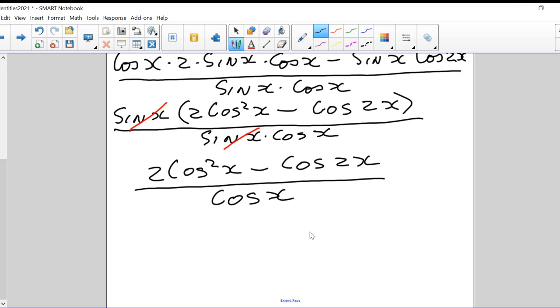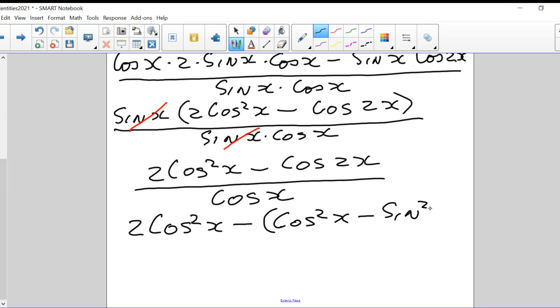Put it in the chat, or you can just unmute and say what you think the cos of 2x is. Anybody? Nobody? It's one of the identities that we talked about. Nobody remember that one? All right, I'll tell you what it is, since somebody remembers that one. Thank you, Noah. So I'm going to write that down this way. 2 cos squared x, which is what was there before, minus, but I put it in brackets because I'm minusing all of that. As Noah just said, it's cos squared x minus sine squared x